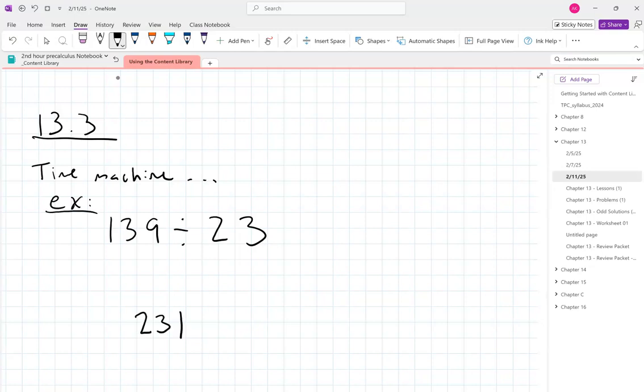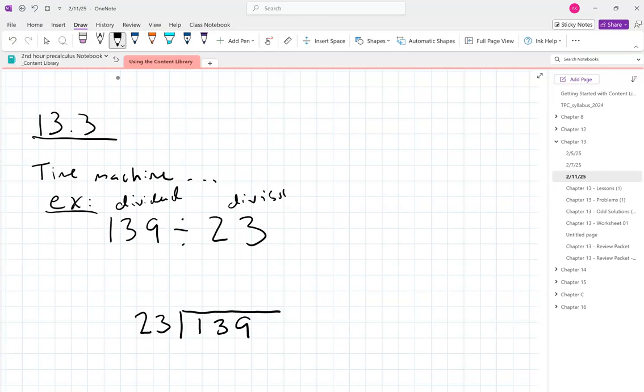You'd have done, okay, I'm going to put 23 out here. The 139 goes over there. Just as a piece of vocabulary, that number is the dividend, and this number is the divisor. And you go, okay, how many times does 23 go into 1? Well, 0. How many times does 23 go into 13? Well, 0. How many times does 23 go into 139? Well,